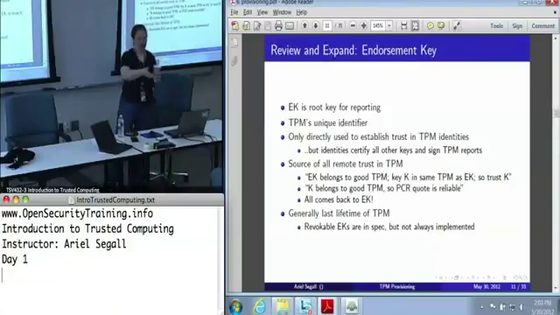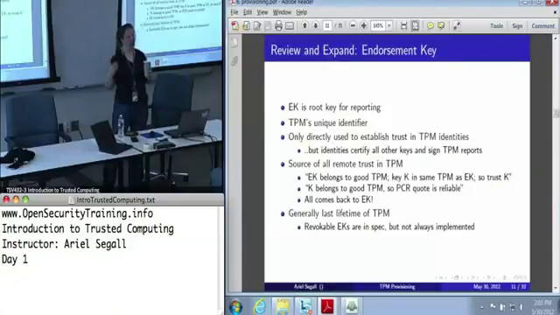This other key is in the same TPM as the endorsement key. Therefore, we know that this key is in a good TPM. And this key is in a good TPM. Therefore, we know that these PCRs are reliable. This key is in a good TPM. Therefore, we know that it will protect my data. So every time that I, as a remote party, say I trust that TPM, it's because I trust the endorsement